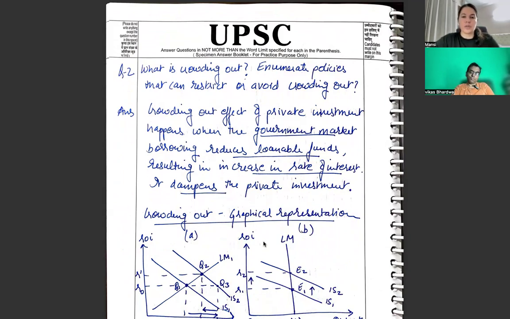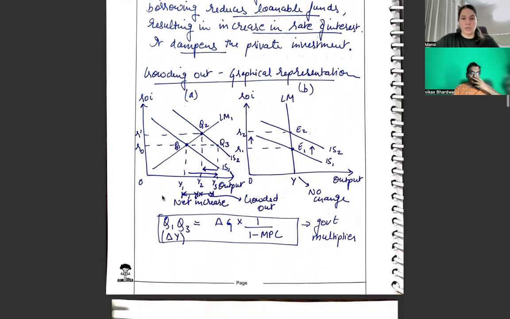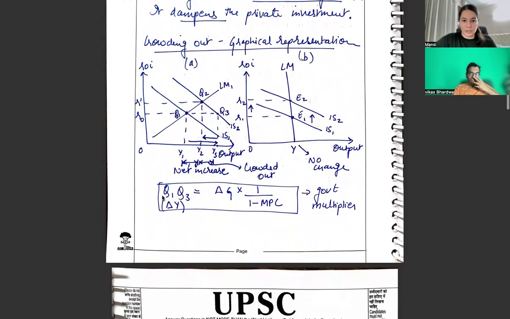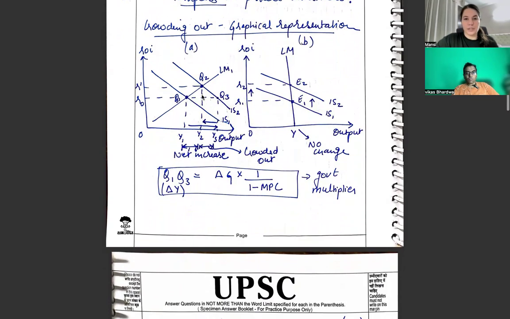Yes sir. The crowding out effect of private investment happens when the government market borrowing reduces the loanable funds, resulting in an increase in the rate of interest, and that dampens the private investment. So crowding out through graphical representation, here Q1, Q3 is equal to the size of the government multiplier, which is showcasing the amount of increase in the national output with the increase in the government expenditure. So the actual increase should be Q1, Q3, but we are seeing only Q1 till Q2 is the increase in the